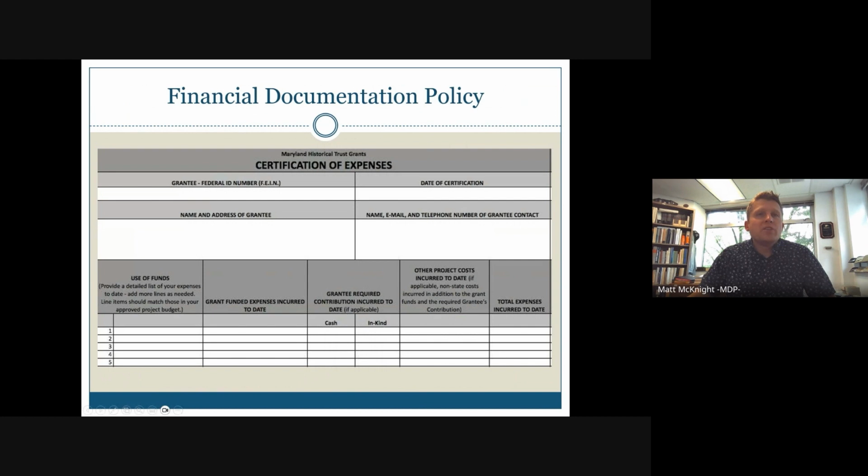How is expense documentation handled? This is what the certification of expenses form looks like. In the past, grantees had to actually submit receipts and invoices to MHT as proof that they had paid their subcontractors or consultants. Now what we have is this form where you sign certifying what your expenses have been, and